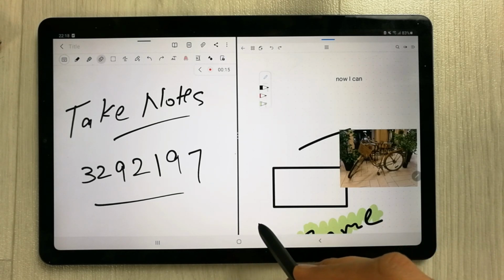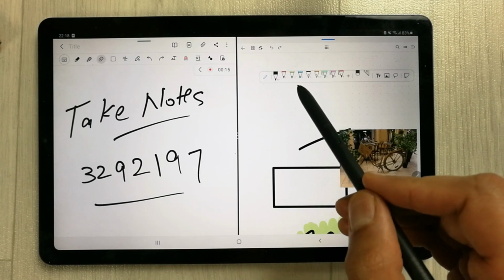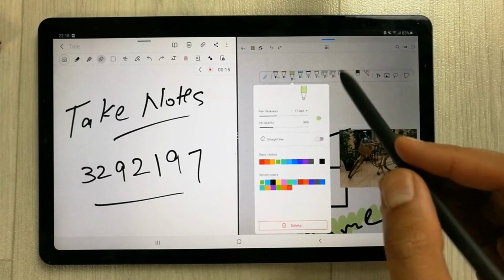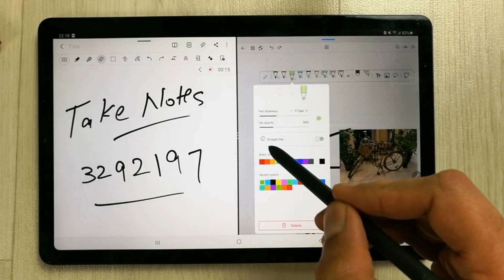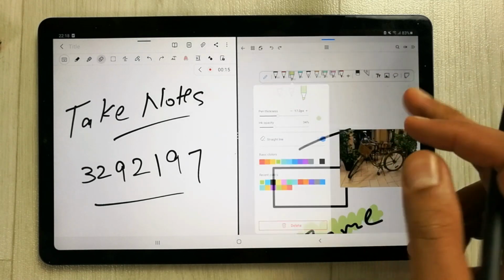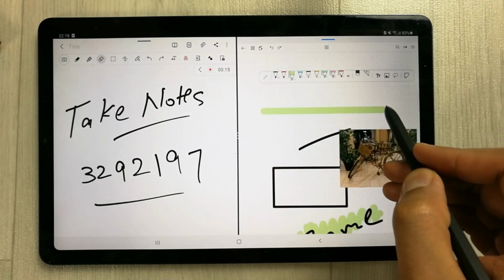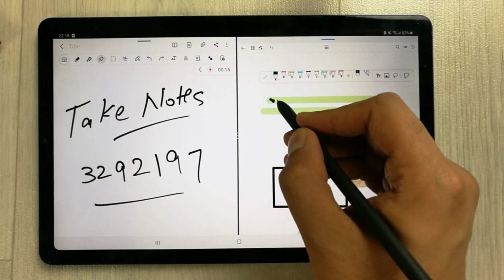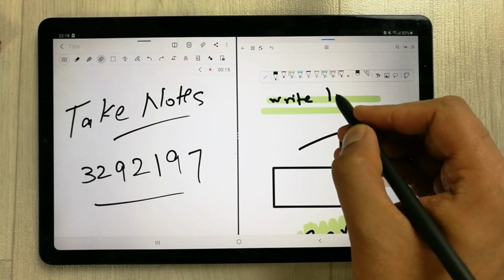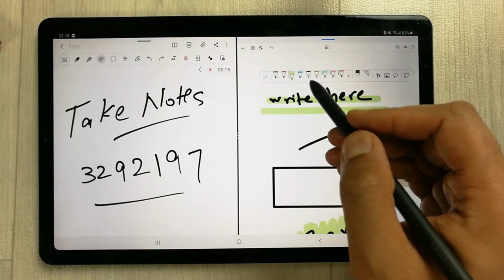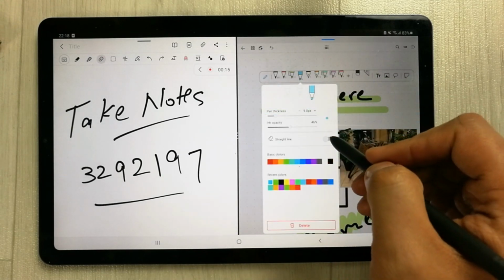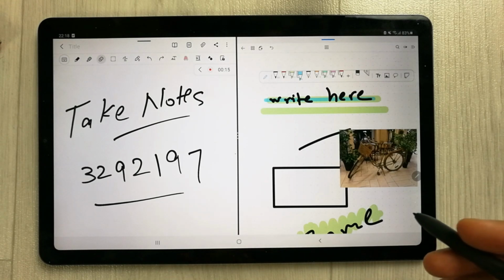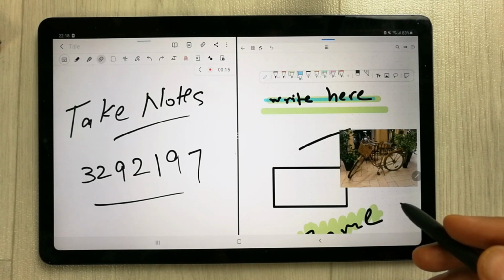And the other feature that I want to discuss is you can also make a straight line with your highlighter. So for example, I select this highlighter, there is a straight line option, you can see over here, just enable it, and then you can simply use the straight line. So you can see over here, okay, and then if you want to write something, you can also write, okay, and then straight line, and then for example I use this one as a straight line. So in the highlighter you can also use the straight line option.